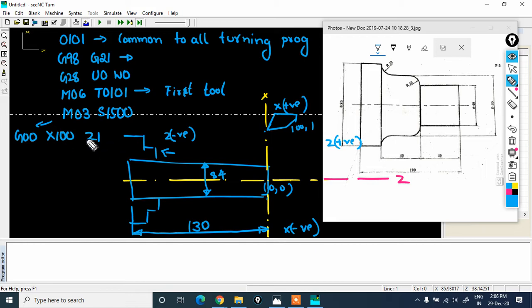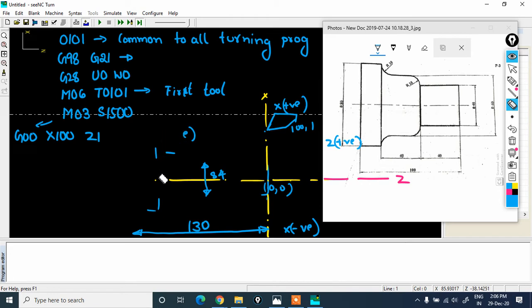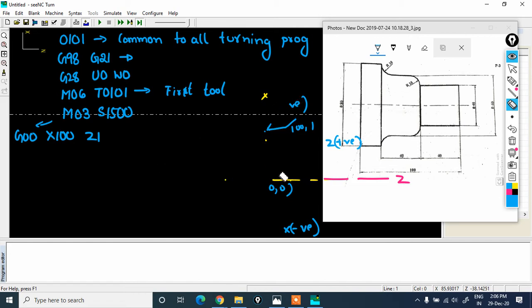I have called the tool to the position of X100 Z1. So here no cutting action will take place. So let me erase this. Yeah, I hope you understood.